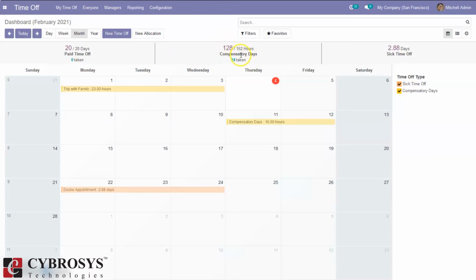Now you can see this compensatory days is updated, that is 128 is remaining out of 152 and 24 is taken because we have taken leave for 2 days.